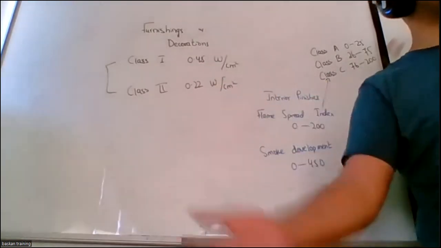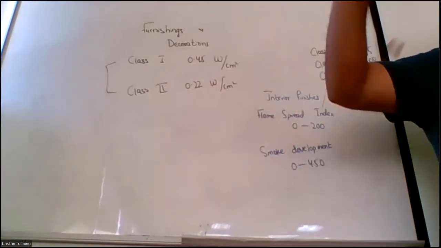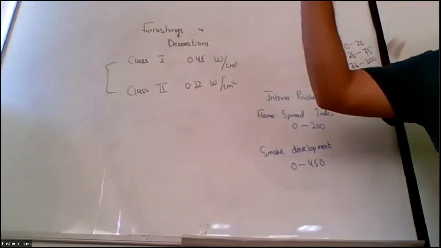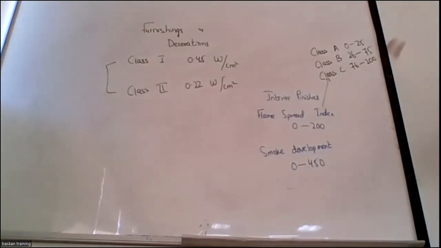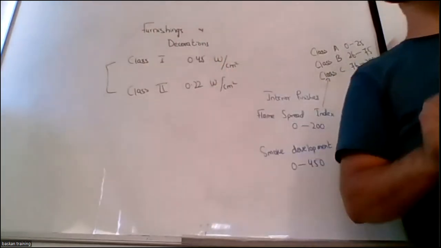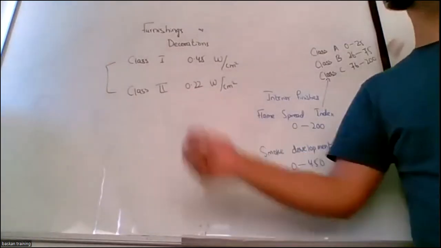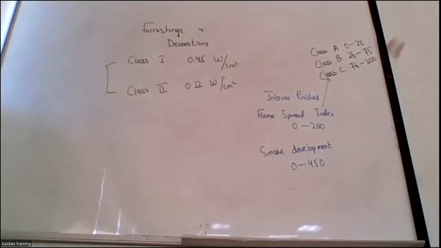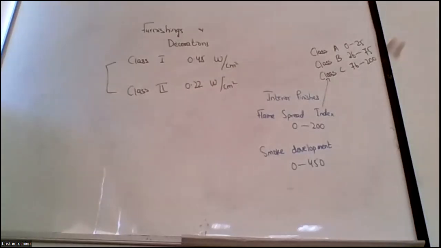Usually class 1 is classified because more energy release per unit of area means that the product's price is also less. If I'm providing more resistivity, it means coating is there, flame retardant is there, so the price also increases. That is why we classify class 1 as those materials that can be used in sprinklered buildings, no issues, you have sprinkler protection there. For non-sprinklered existing buildings we have to go for class 2, we have to limit the amount of energy release per square centimeter, so that we can evacuate people in a timely manner. So evacuation is much quicker.